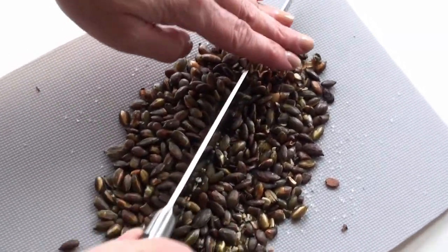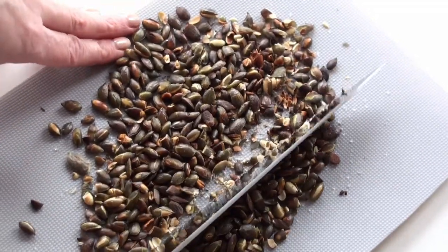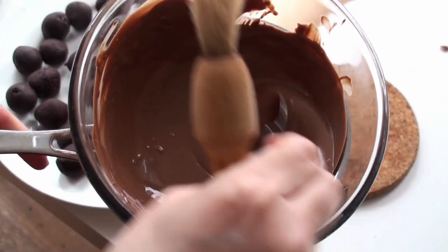I'm not going to use all of this, but I'm using some of it as a topping on our dinner tonight. It's like a Mexican type of stew that we roll in a wrap and then put a bit of this on top. Chocolate is all melted